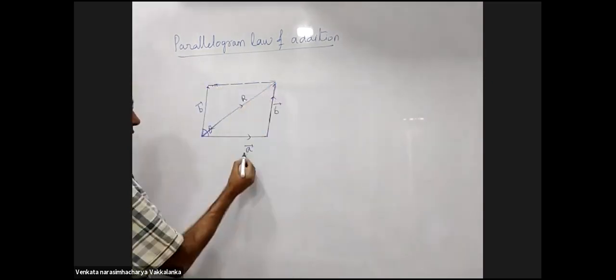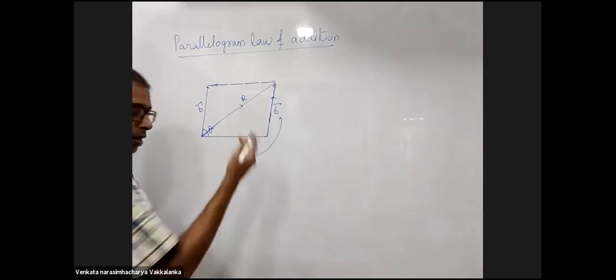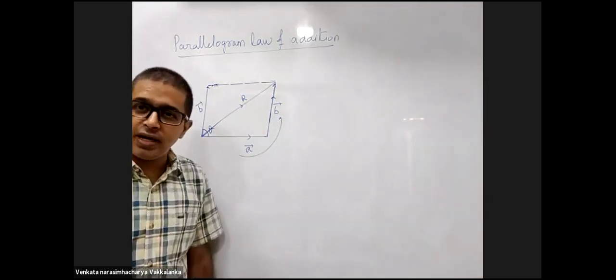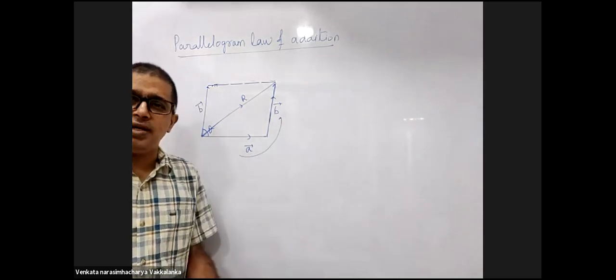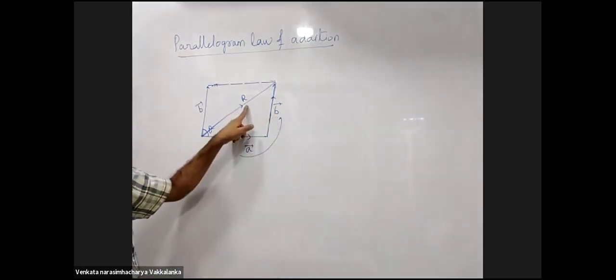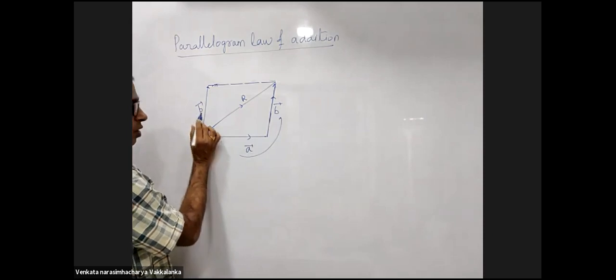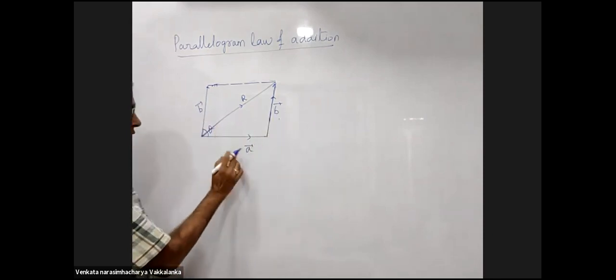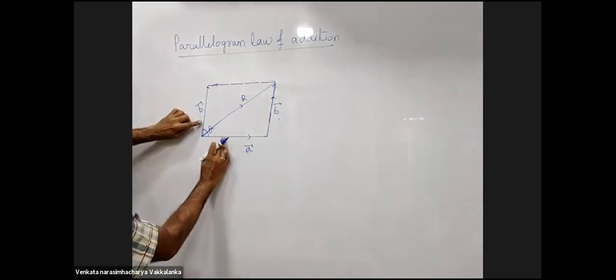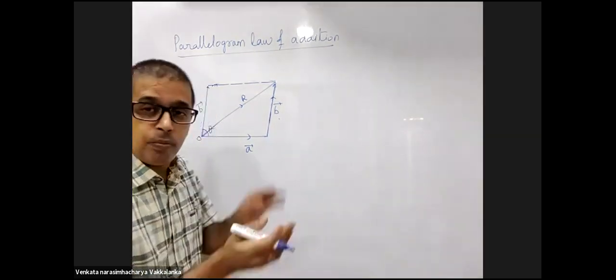So this is triangle law. A and B are two sides of a triangle taken in one order. Third side of the triangle taken in the reverse order is the resultant. R is the resultant. This is what we have been telling you. Now we made one small change to this. Now we are telling you if A and B are two adjacent sides of a parallelogram drawn from a point,